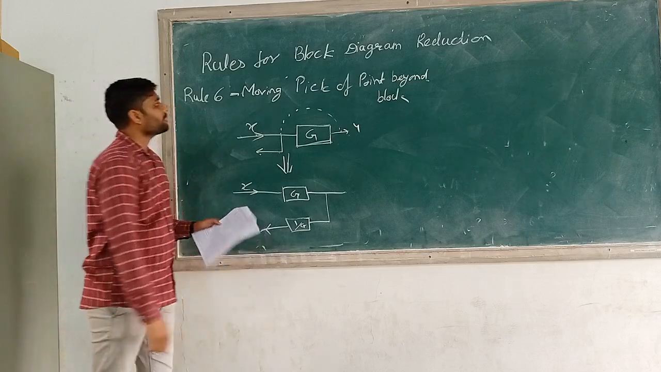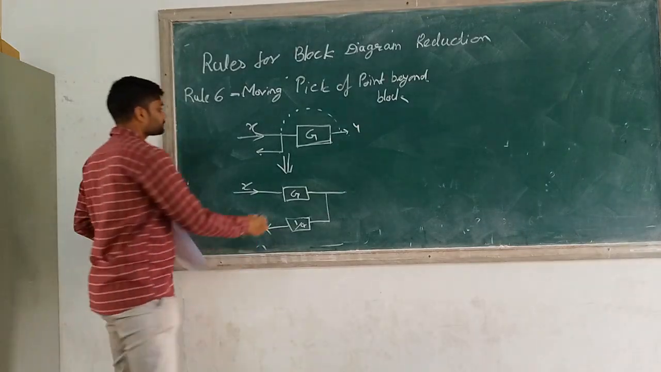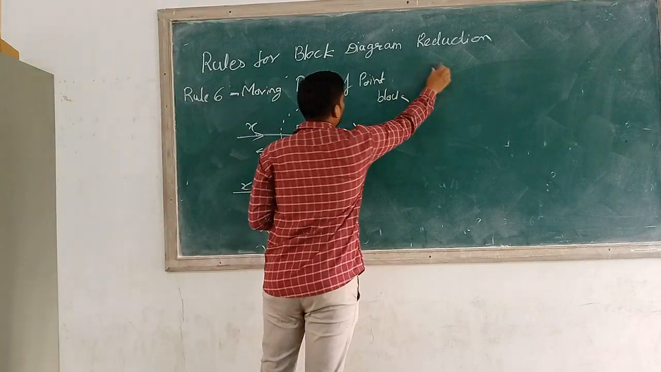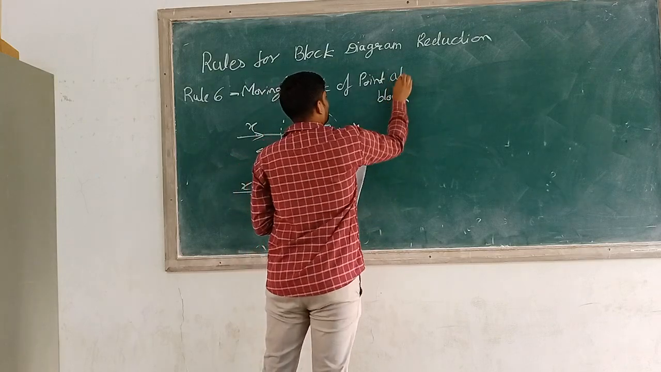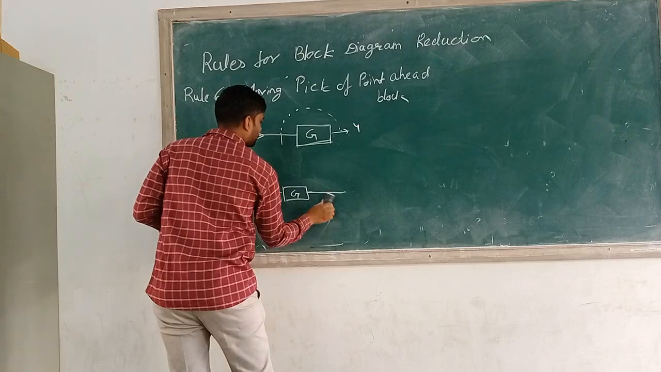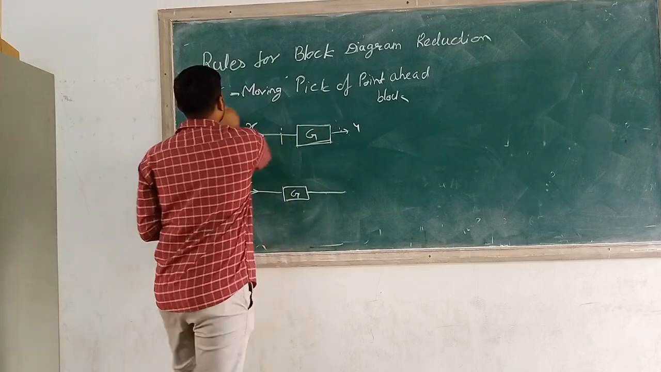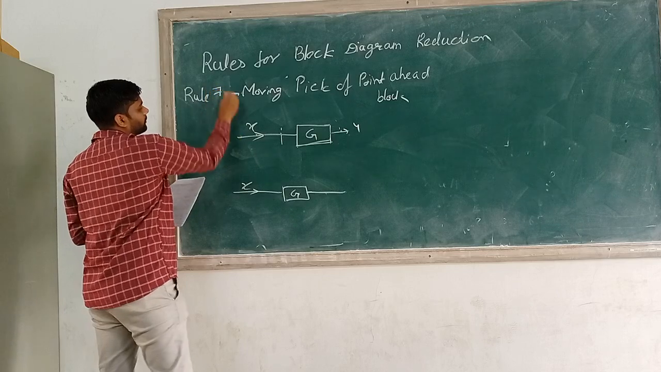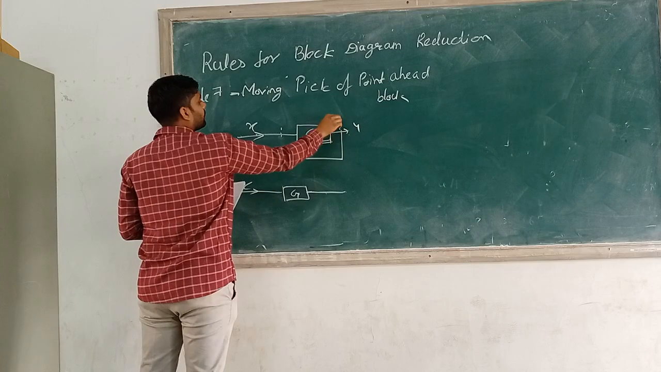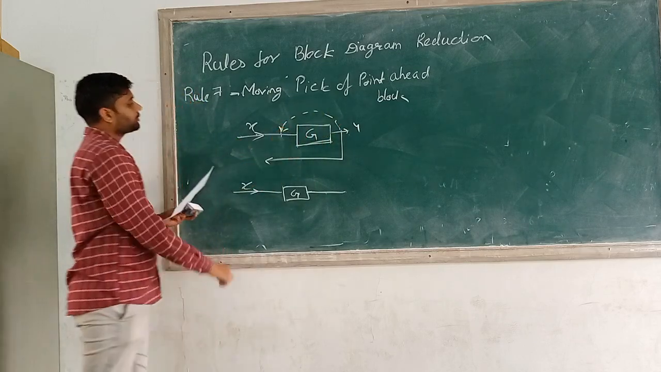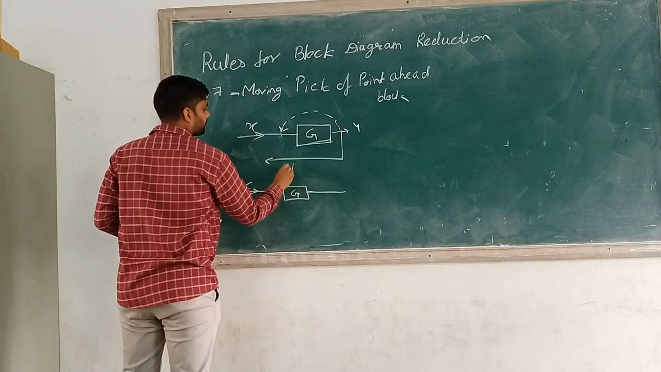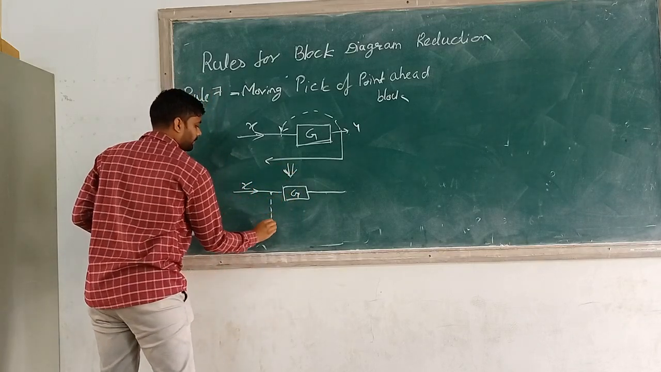Okay. Similarly, moving a pick off point ahead of the block. Suppose we are having this pick off point, example number 7. Suppose we have a pick off point here and we need to move it in the forward direction. So how are we going to achieve this? We are going to achieve this by adding this function